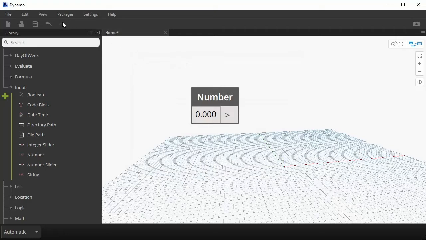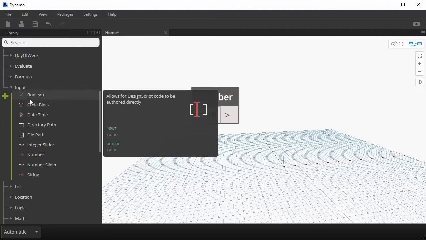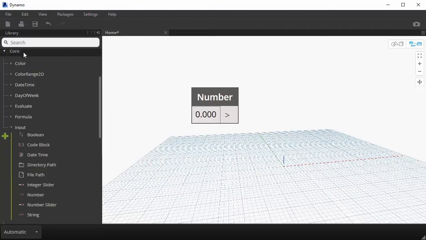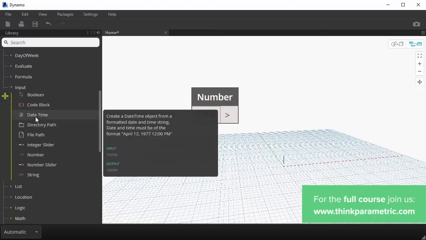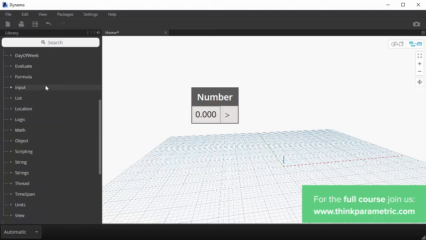So below that, we have a couple of quick shortcuts for creating a new file, or opening an existing one, or saving the one that we're working with. And then on the left, there's a library, and I already mentioned that it's being organized into sections and then subsections, subcategories. And there's a couple of different important subcategories that we're going to be using quite often.